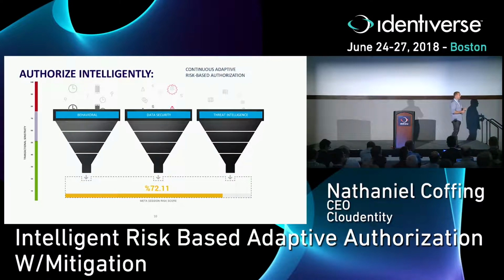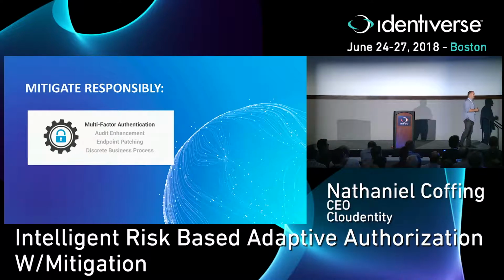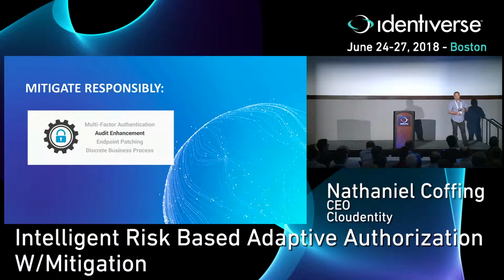And then when things happen in a transaction, a high value transaction, a new threat emerges, you know what, that risk score bumps up. And then all of a sudden, I insert something in the middle of the transaction. I say, you know what, let's prompt for MFA, but not session step-up MFA. Let's actually insert transaction-based MFA. Let's turn up auditing, send it off to the SOC. Let's tell you to go out and patch your endpoint. You're running Android 6, you know what, I want you to run Android 8 or above. Or insert any discrete business process.